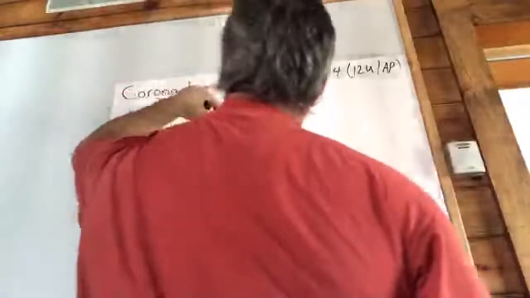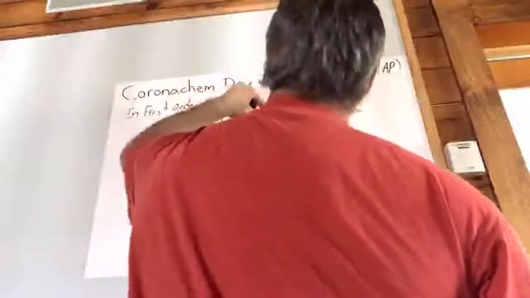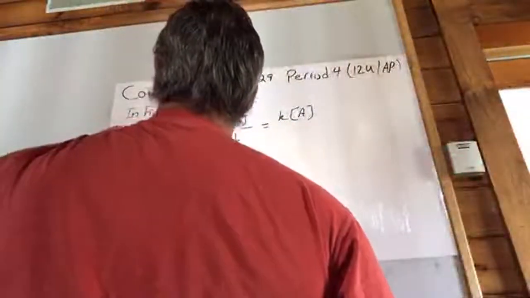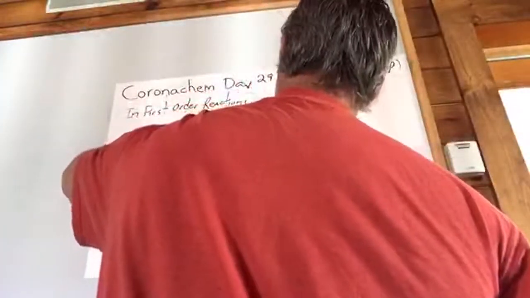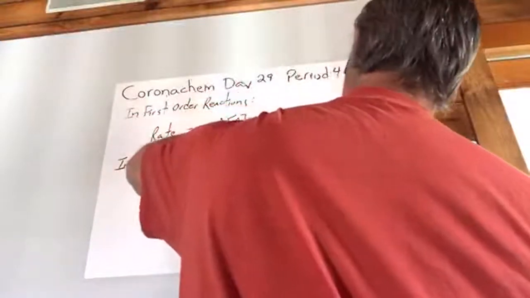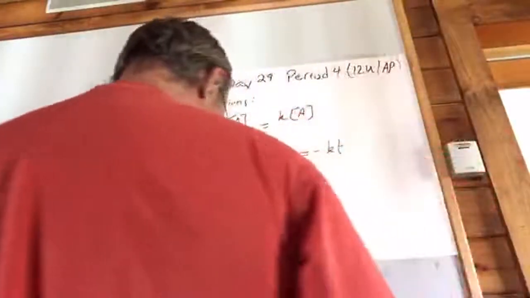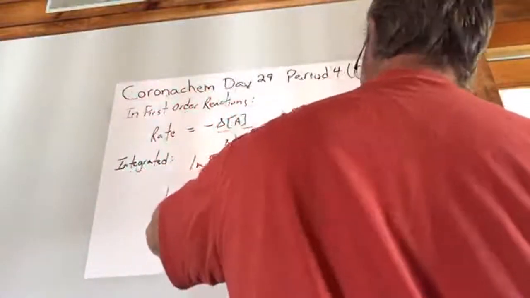Rate is equal to negative delta A, the concentration over delta T, and it equals K times A. And if you integrate it, what you get is ln of A sub T minus ln of A naught equals negative KT. And you can rearrange that to ln of A sub T is equal to negative KT plus ln of A naught,